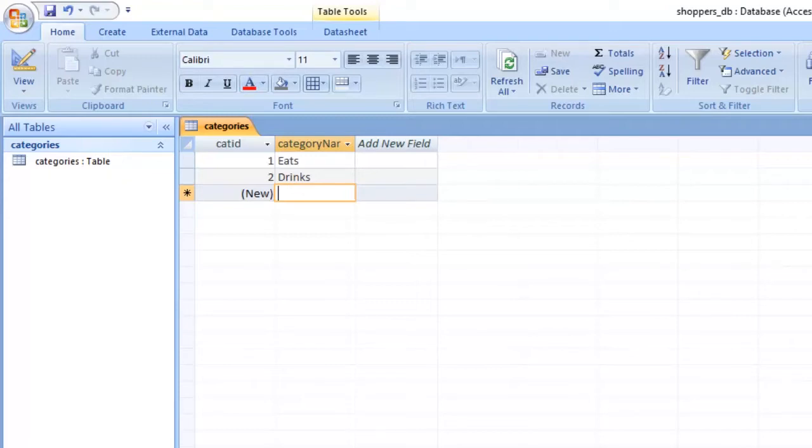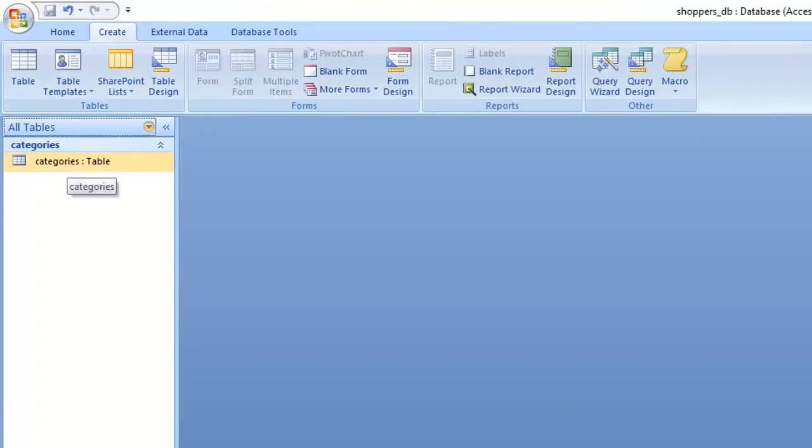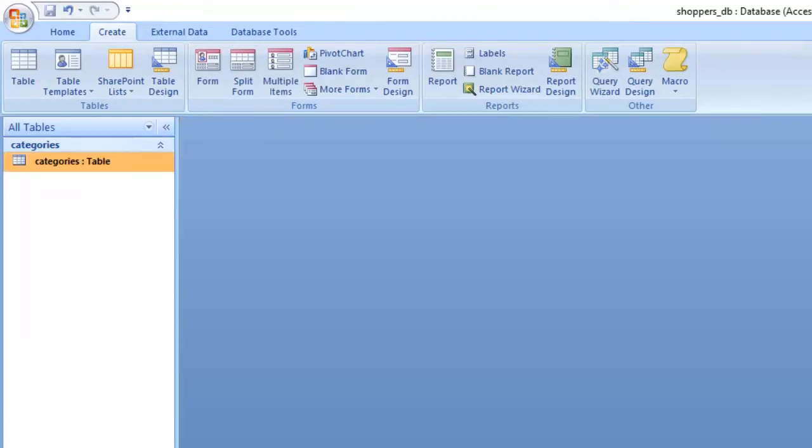Now I would love to create another table that will allow me to capture items that belong to one or two or three tables. So let's create another table. This one, let me close it for now, but it is still there. You can just double click and access it. Click that and it gets out of the way. Let's create another table for